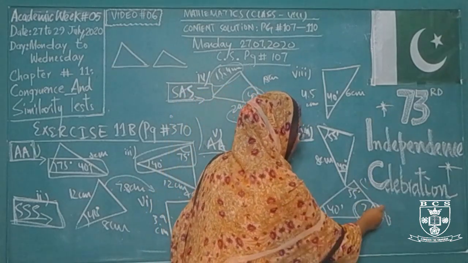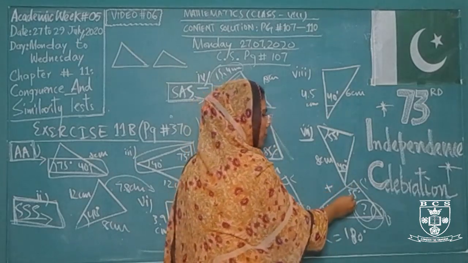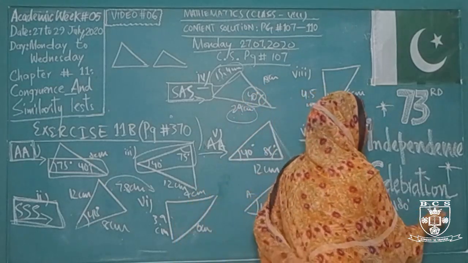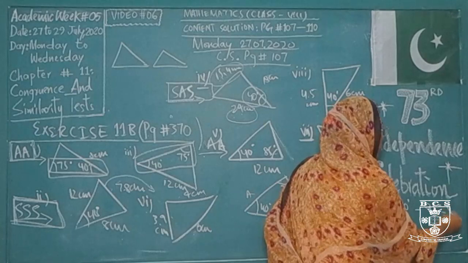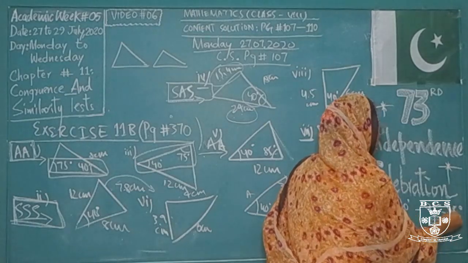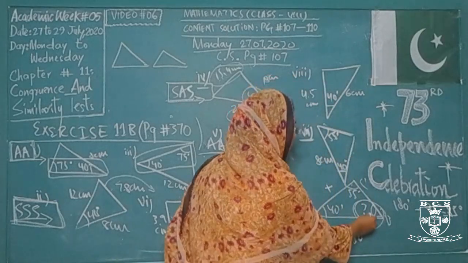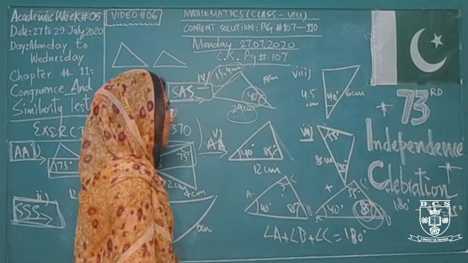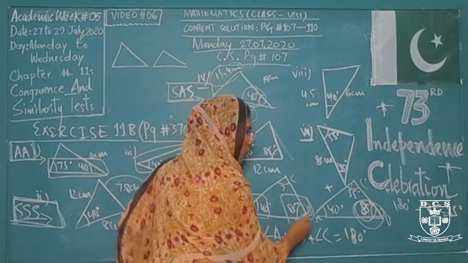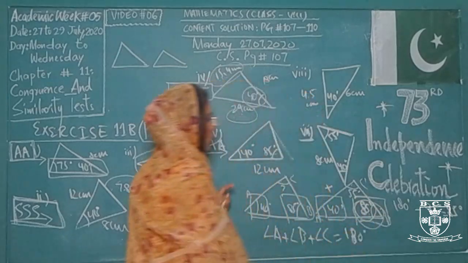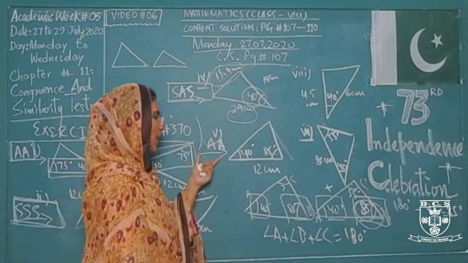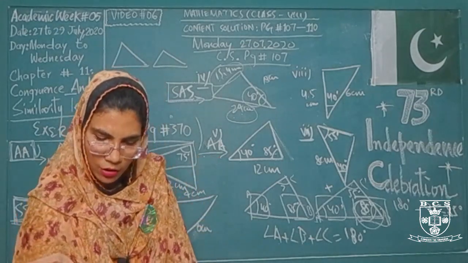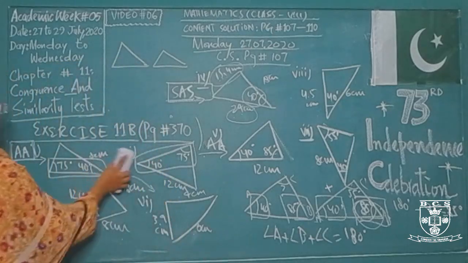We have to find this angle. So we will add these two angles: 40 plus 55 degrees becomes 95 degrees. And when we subtract 95 degrees from 180 degrees, it will be equal to 85 degrees. So this angle is basically 85 degrees. Right now its measurement is 85 degrees. So in this way these two angles are congruent, and they show their similarity with the help of the AA similarity test. So that is why these two triangles make one pair of similar triangles. That was all about your question number 1.